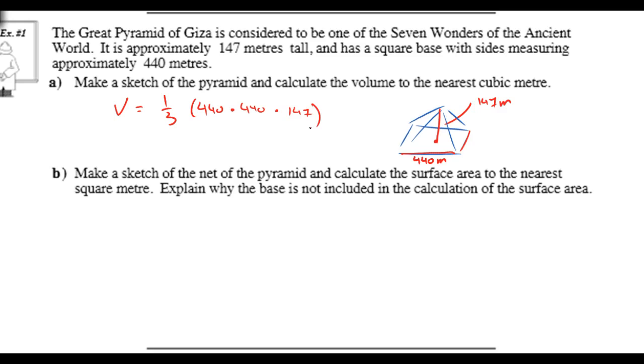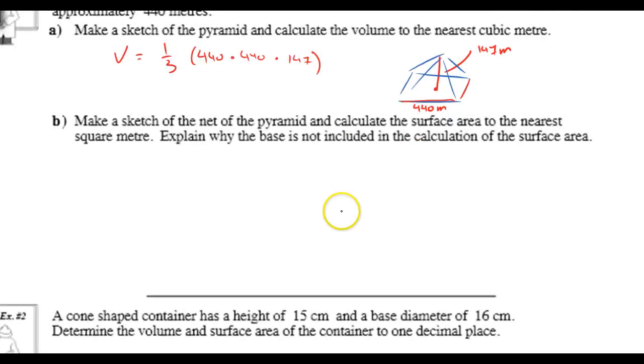Make a sketch of the net of the pyramid. A net diagram is a diagram where you take the 3-dimensional shape and you make it into a 2-dimensional shape. So if I were to open this up, it would look like this. This way, it's just a little bit easier to calculate the surface area, because I just have to add up 1, 2, 3, 4, and 5 of those shapes, which